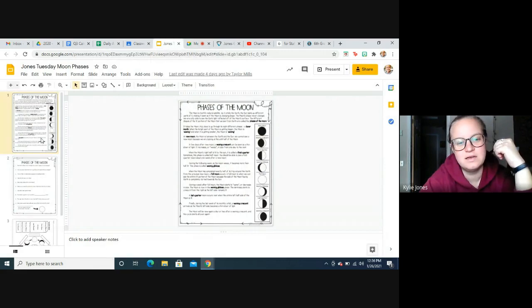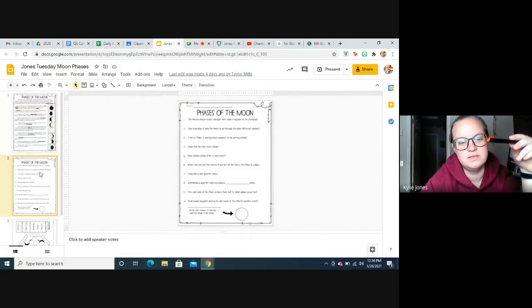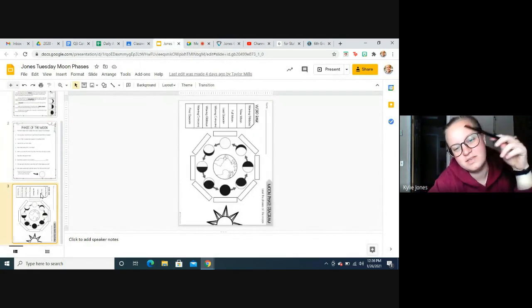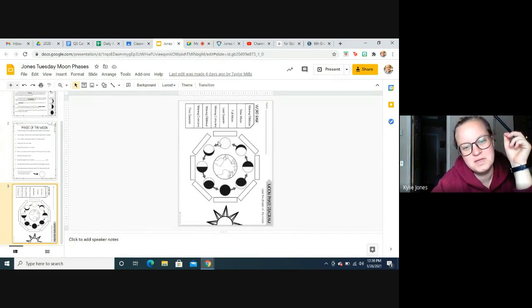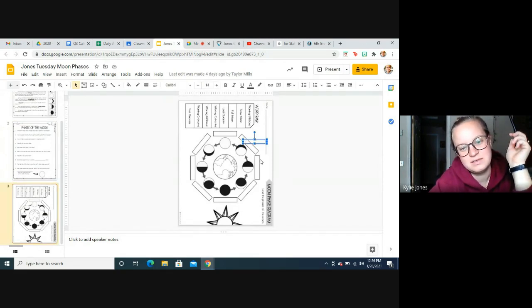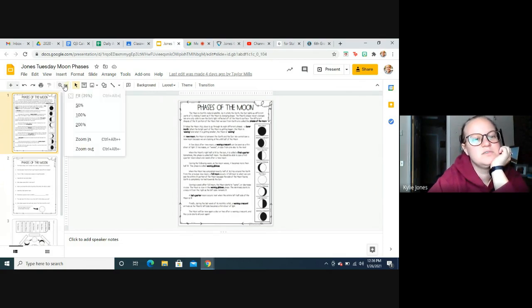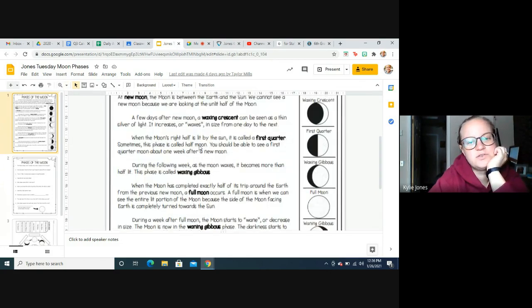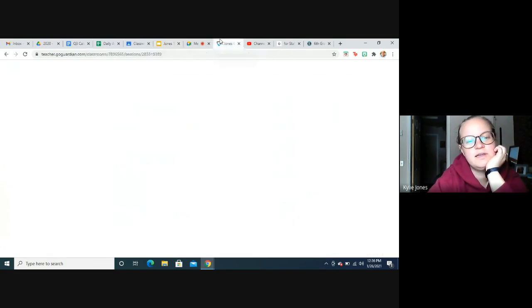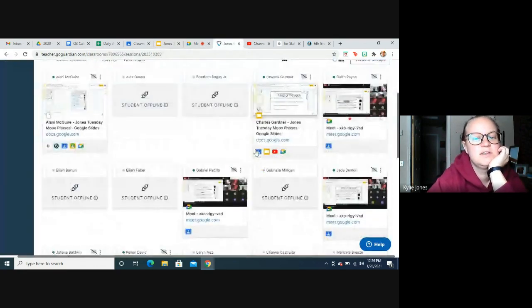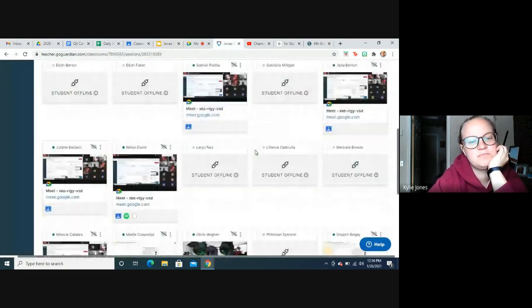Moon phases. So we're going to read a little article, answer some questions, and then this one is sideways, so it might be a little interesting to do. But there are text boxes that go there that we will fill out for the correct phase of the moon. Okay? So let's start at slide number 1. Let's zoom in to 100. 100 is pretty good. So go ahead and get that situated on yours, and we'll get going in just a minute.